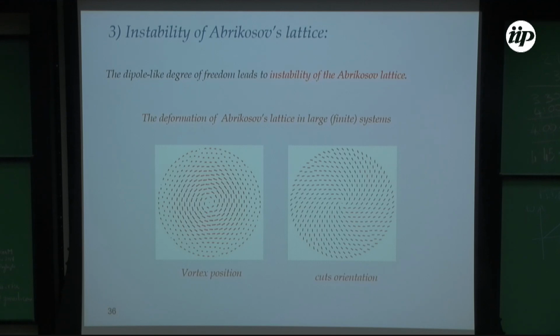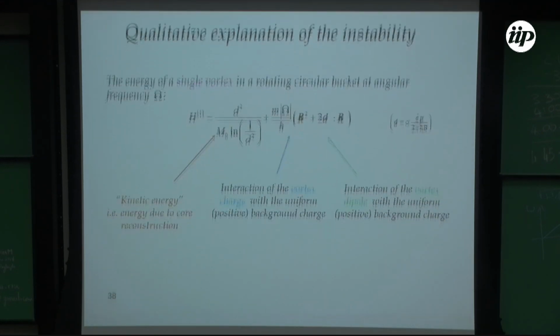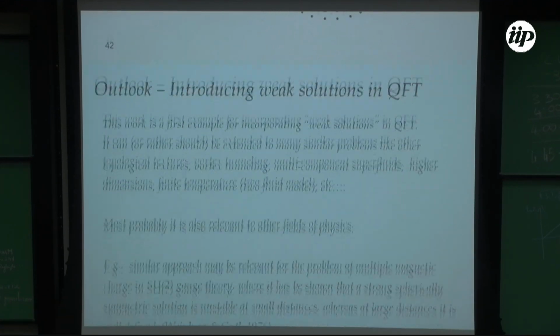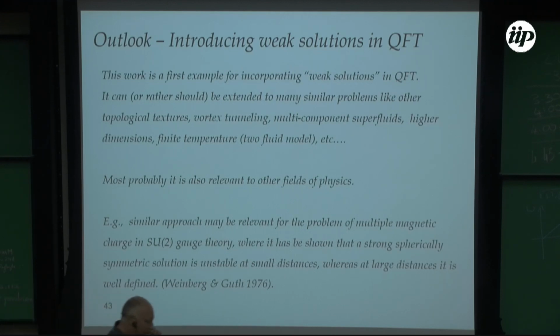And I guess that I also don't have time to tell you about many other things that I wanted to tell you, so I will go probably to the conclusion. Okay, maybe before the conclusion. I think why it's interesting, to my knowledge, is that this is the first example where we have a weak solution in quantum field theory. And I think there are some other problems where there is a possibility to have a weak solution also. One of them is in high energy, when we look at monopoles of multiple magnetic charge,